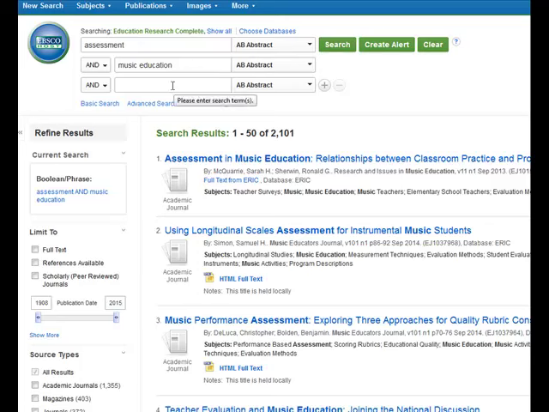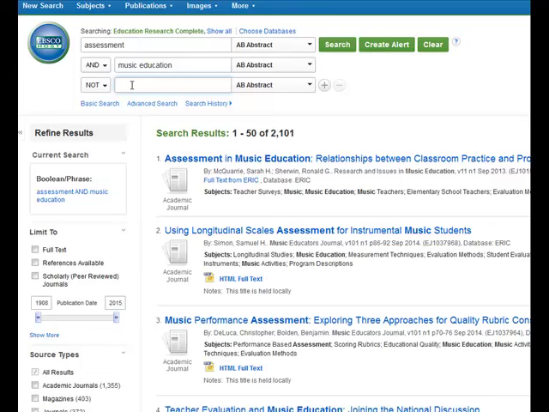in the abstract. Now, the boxes on the left do something a little bit different. The boxes on the left allow us to create relationships between the content that we put in the boxes in the middle. So AND tells the database it must bring back items that have, in this first example, both assessment and music education. So that narrows our set of given results. OR tells the database it can look for either one, or broadens your search results, gives you more of them. And then NOT allows you to exclude content from your results by saying this is what I don't want back